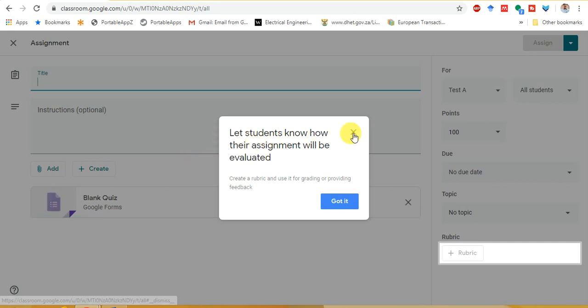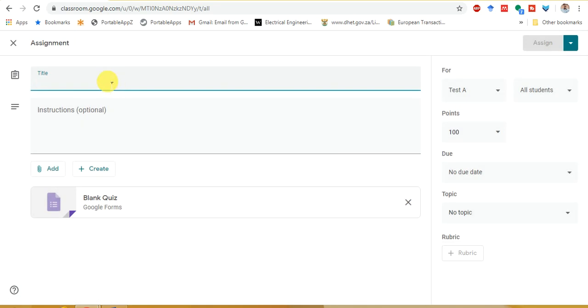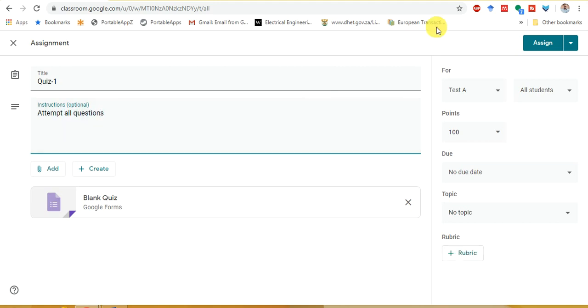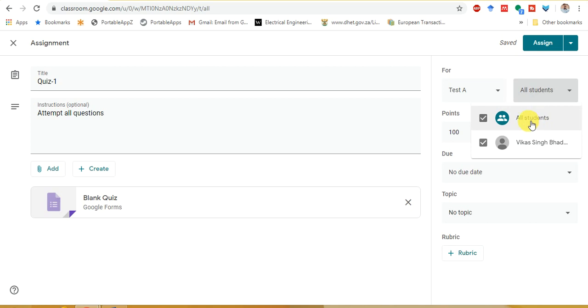Whenever we are moving towards the creation of the quiz assignment, these are the few columns. This is the title of the quiz. So suppose this is Quiz 1. Instructions: attempt all questions. Now this will be for the subject, and if we want to select all students, then it will go to all students, or if we want to select some students, then we can select them one by one.